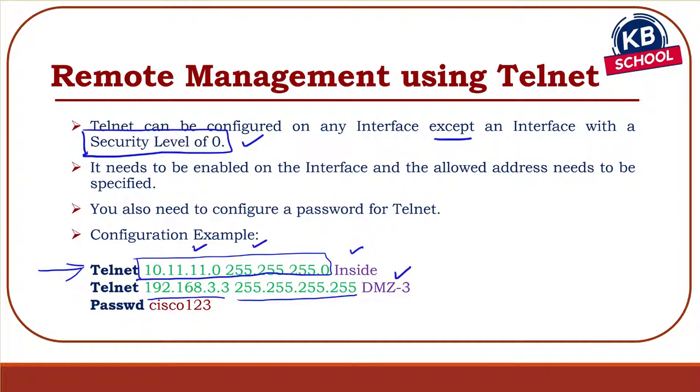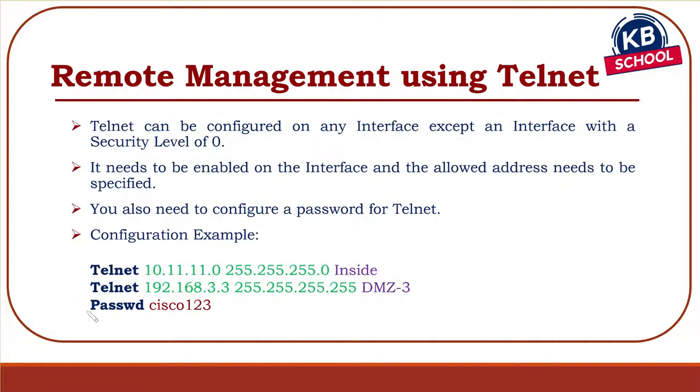These are your source addresses that are allowed to Telnet into your ASA firewall. Now, in order to do that, you need to set up a password. The password is set up by using a global config command called passwd. So passwd sets your Telnet password. When you Telnet into your ASA firewall, the prompt that you'll be given for the password, you need to